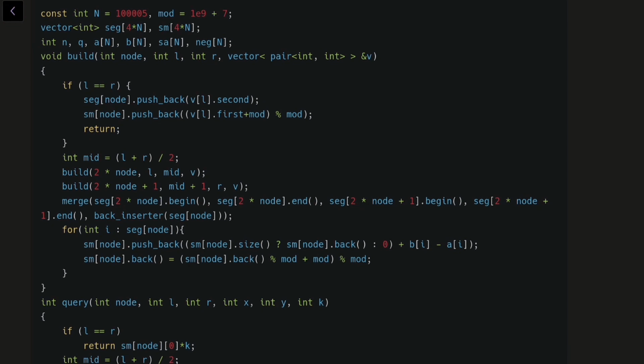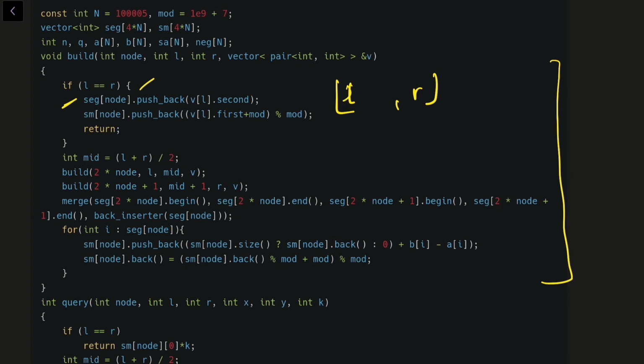So here what I'm doing, this is the build function. It is a recursive function. If L equal to R, that means we are at leaf node. The logic is basically similar to the one of segment tree. Here our SEG stores all the elements in range L to R, rather all the indices of elements in range L to R in sorted form.